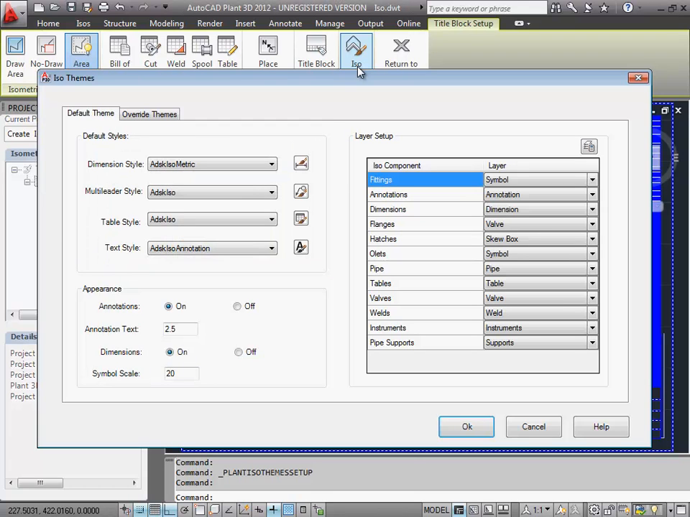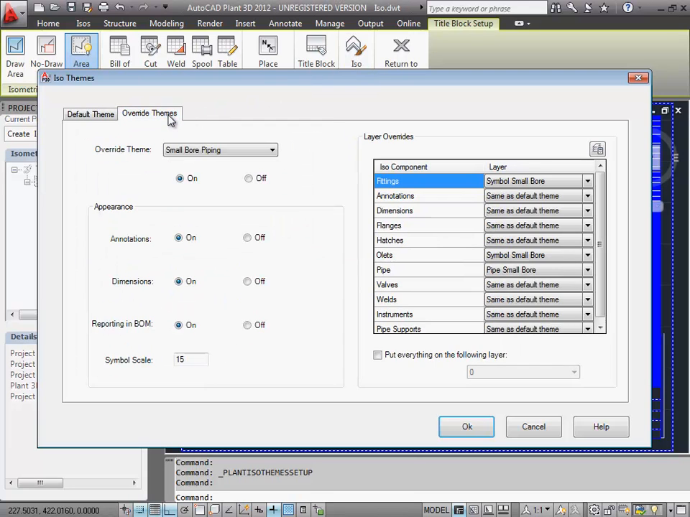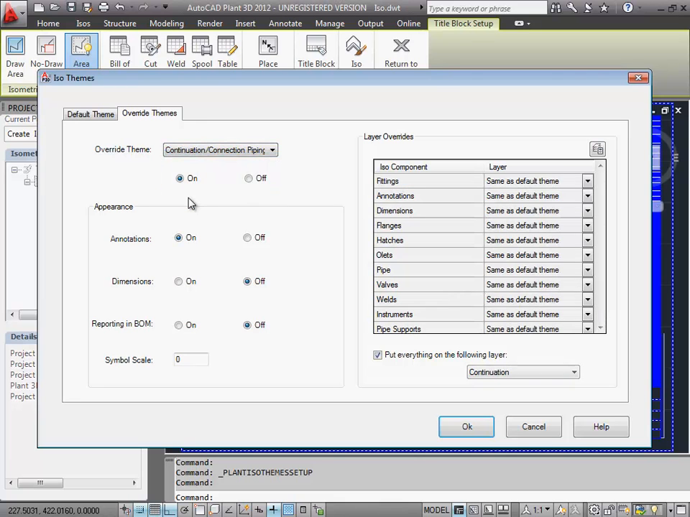Within an ISO style, a theme is used to set the appearance of an ISO, especially with regard to AutoCAD layers, AutoCAD text styles, and AutoCAD dimension styles. The override